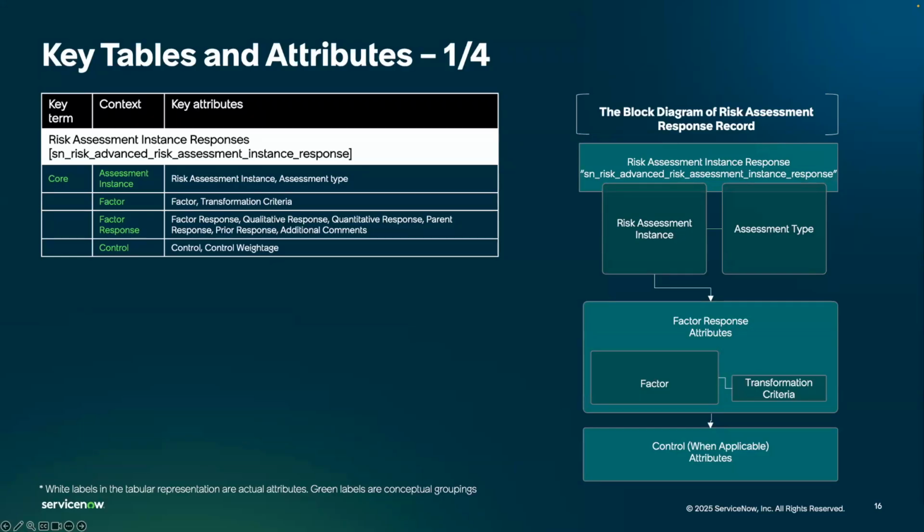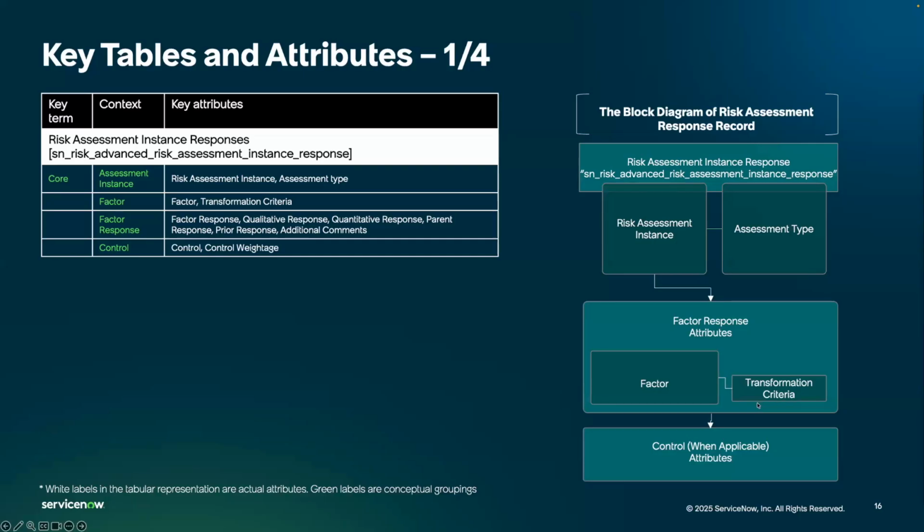So let's look at the core attributes by context. In the second layer, what we see is the factor response. This tells you what question was asked. Factor captures what was asked. The factor field references the factor definition. Transformation criteria indicates if any value transformation was applied to convert the raw response into a score ready value. And factor response